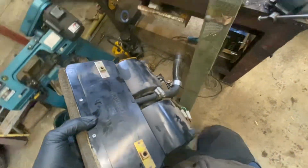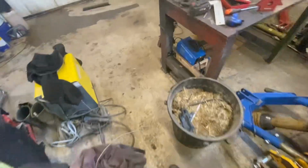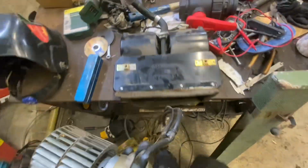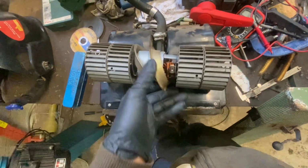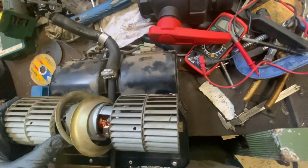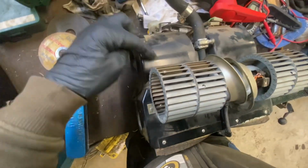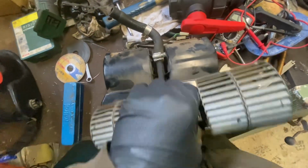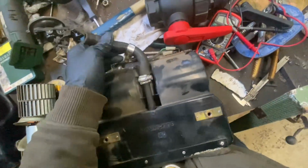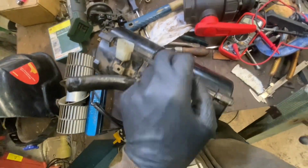Other thing was, this is actually the same design as the air conditioning units, but if I go get this, these are the blower motors out of the aircon unit, and you can probably just see that the edge of that is pretty much the edge of that plastic, and the edge of that's pretty much there. The motor in there is shorter, and there also seems to be a difference between the heating one, which this is, and the aircon: the pipes going through the centre here,